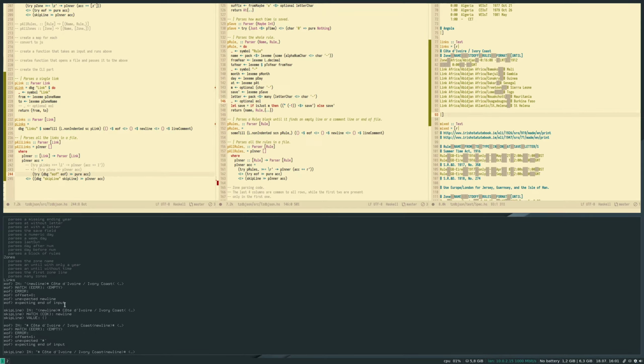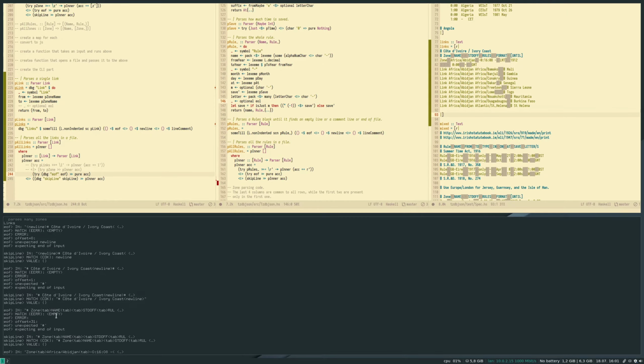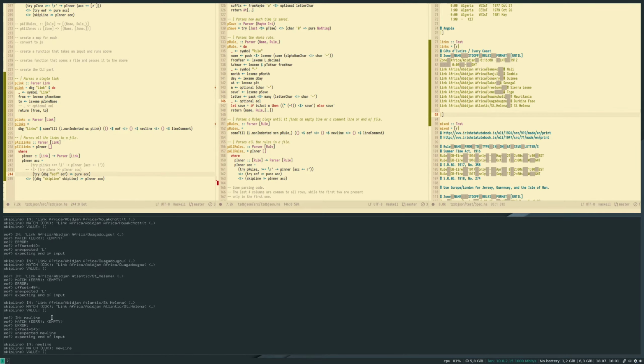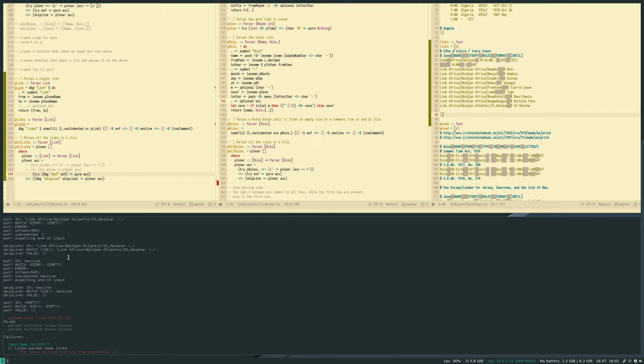No, it's not. Skip line. End of file. It's not. Skip line. And it goes like this until it gets to the end. New line, skips the new line, and then end of file. So this part here works.